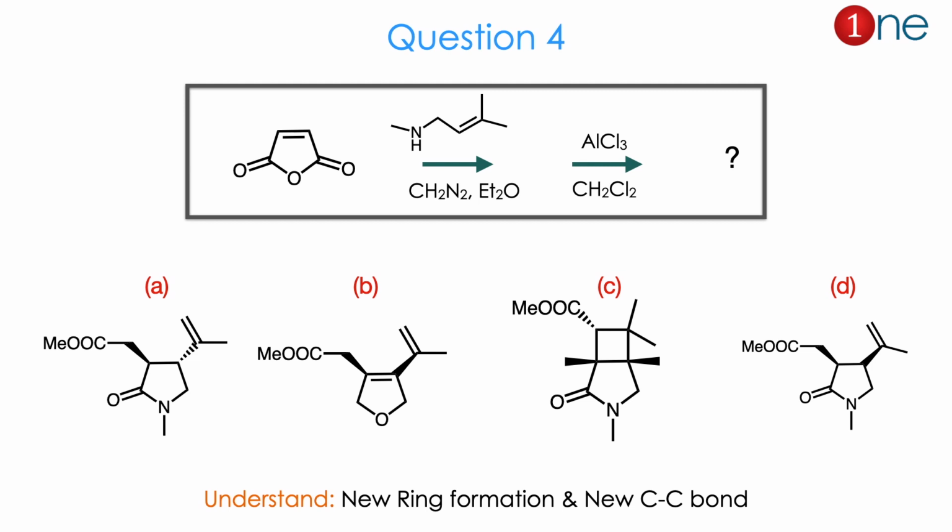Here the products are given. The products are heterocyclization again, with nitrogen happening. So the oxygen analog goes into a nitrogen analog. So this is a very important one, or otherwise the selective ring attack will be there. In answer C, there is a chance of a 4-member ring also. So you have to understand that new ring formation definitely occurs and a new C-C bond is formed there.